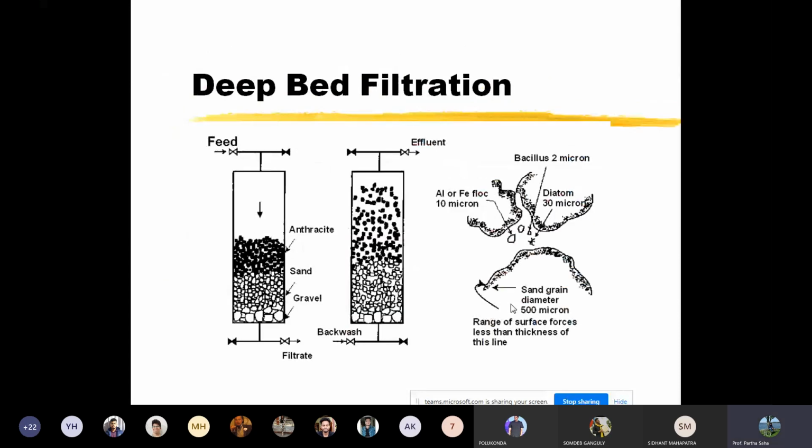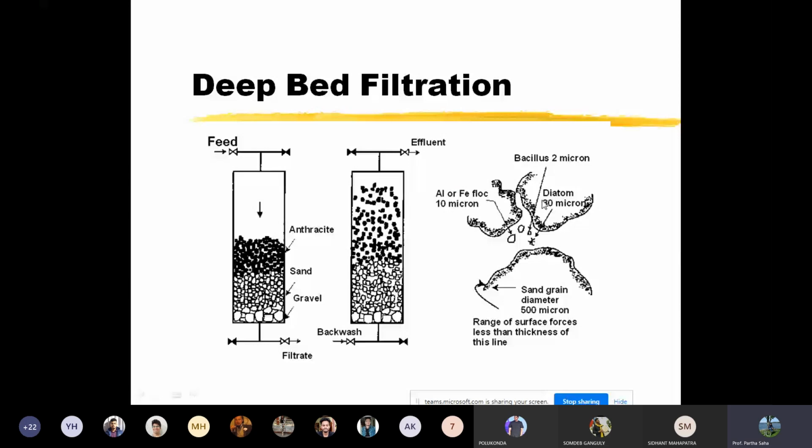Now we have deep bed filtration. This is actually a filtration problem. In industry, we have the froth flotation method, where you collect the suspended particles. You can see there are a lot of anthracite coal particles mixed with sand and gravel. So you pass a liquid, and the suspended particles, which are light in nature, will be suspended, and then they can be collected using an effluent, by using the supernatant. So this principle of deep bed filtration is used for collecting fine particles. Okay, you can see that you can use different sizes of particles.